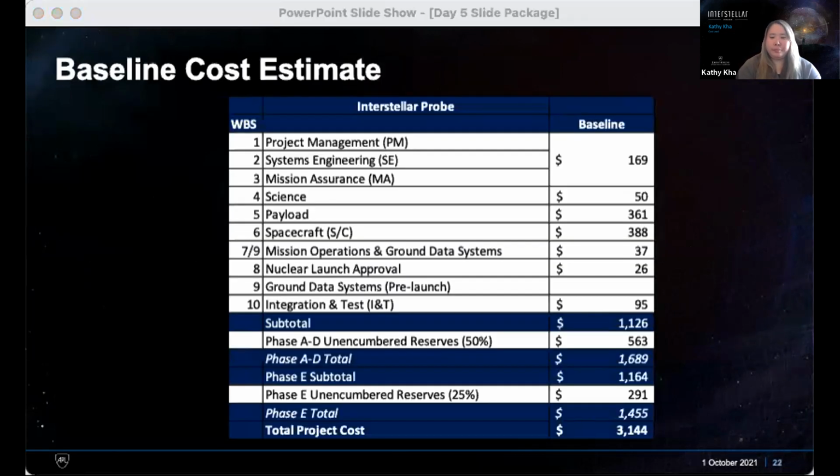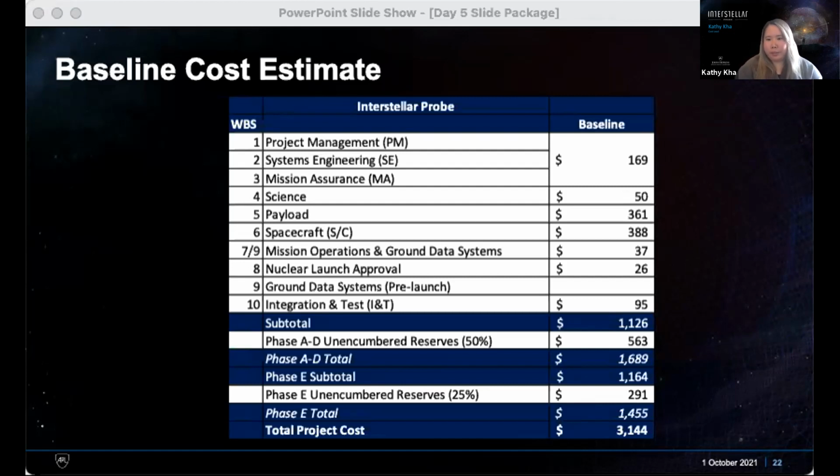Okay, so here's our first look at the numbers. You can see that the first blue line there, the subtotal, is the phase A to D subtotal. So before reserves, our development costs are $1.1 billion. When you add in that 50% unencumbered reserves that we're holding, you're sitting at a little under 1.7 billion for